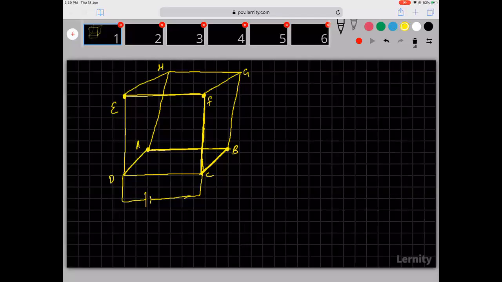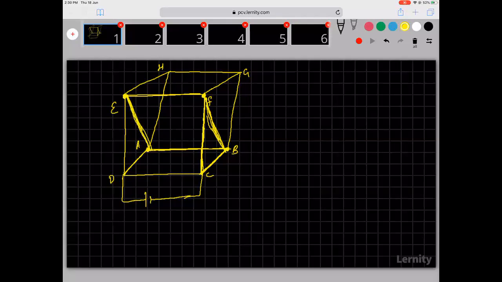And by a similar logic, I can say A and E are also at the same potential. Now, whenever I have points at the same potential, if I want, I can connect wires. If I don't want, I can remove wires. So now assume I connected a wire between F and B, and I connected a wire between E and A.